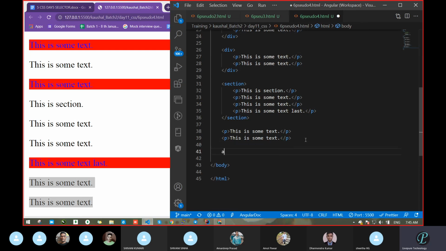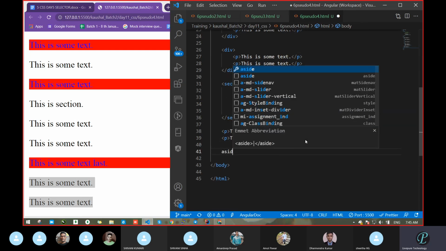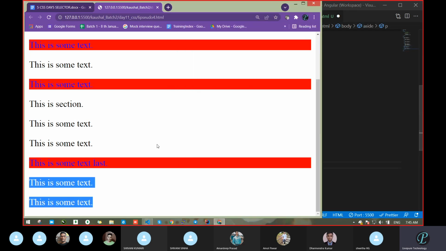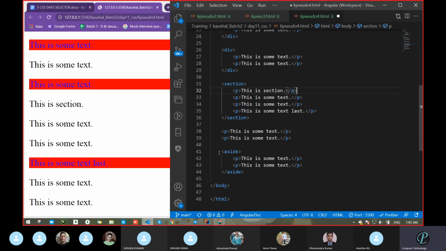So we can do one thing. Div is there. Okay, a tag name is aside. You know this tag aside. Whenever you have to make any design on the right side or left side, means any side, then you can use this one. This is a semantic element. I think for batch 2, I had told to refer to the video.